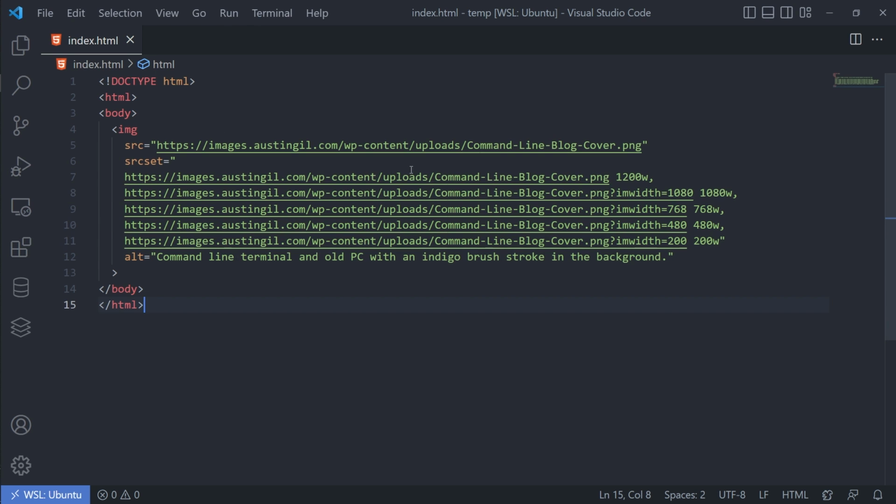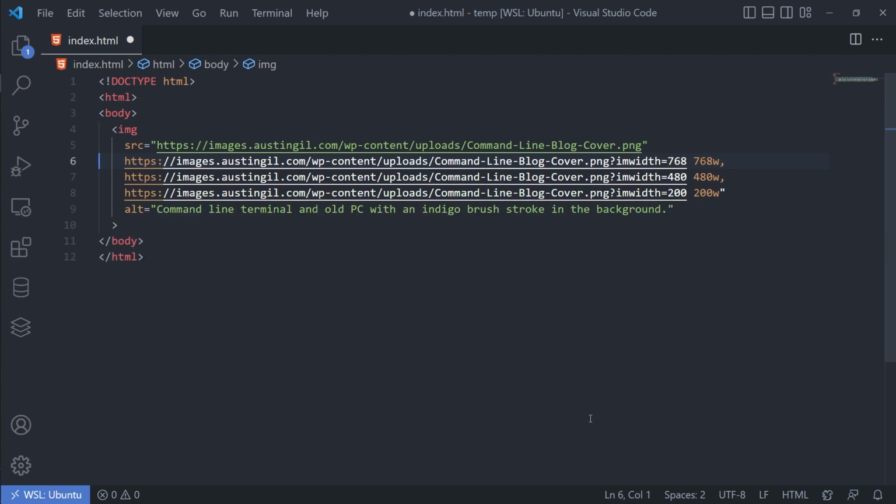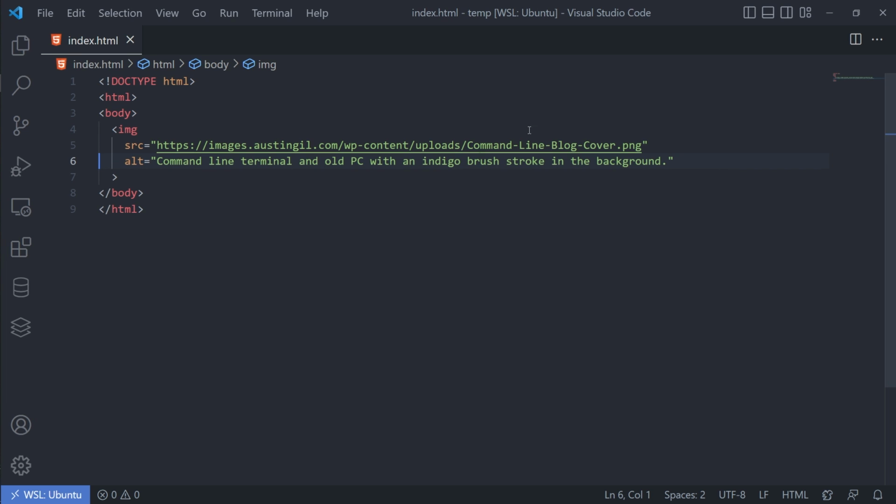So now we've made our lives easier by only having one image to deal with and not having to generate some sort of process that resizes and stores different versions of that same image. We're just dealing with one URL and some query string parameters. And interestingly enough, we can actually make this whole process even easier. We can actually go back to just referencing this one URL,